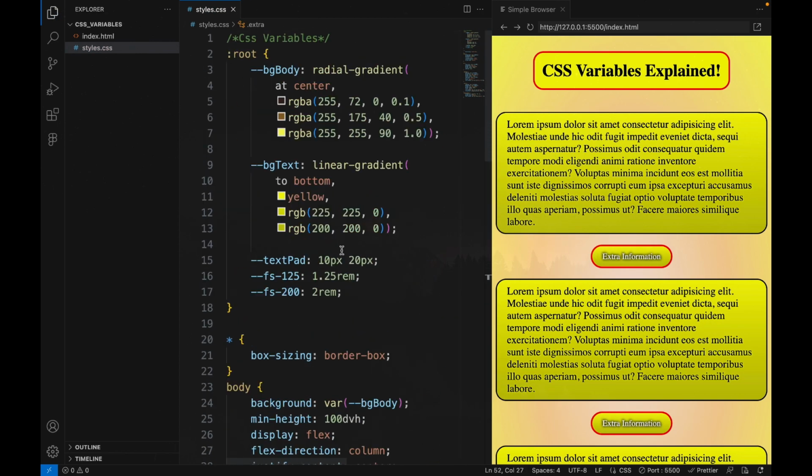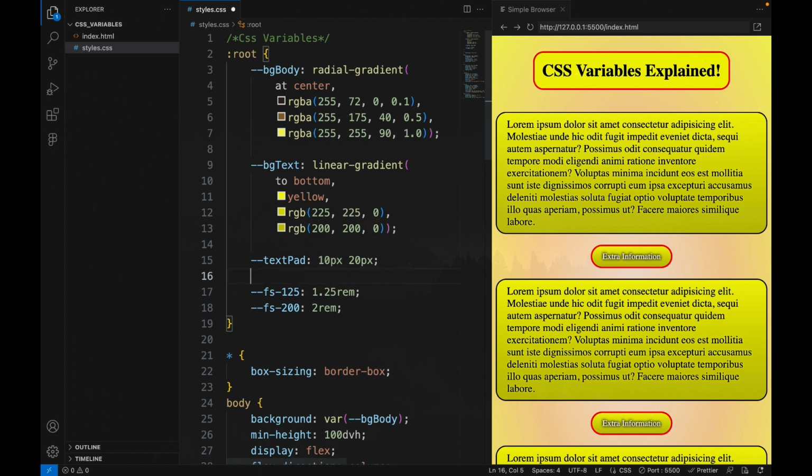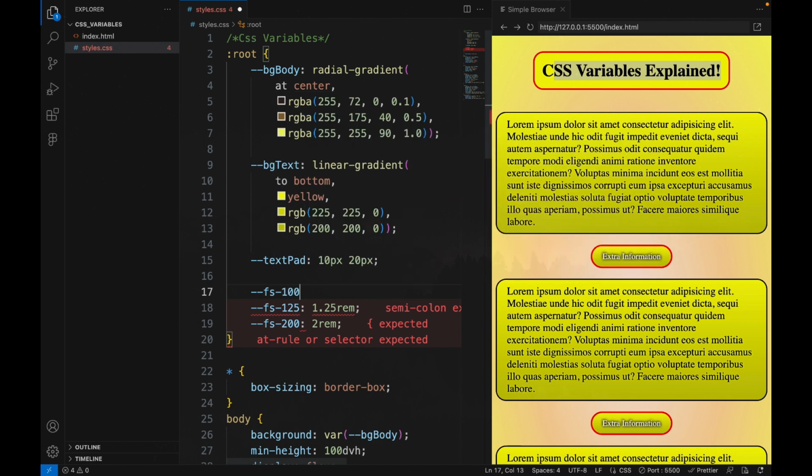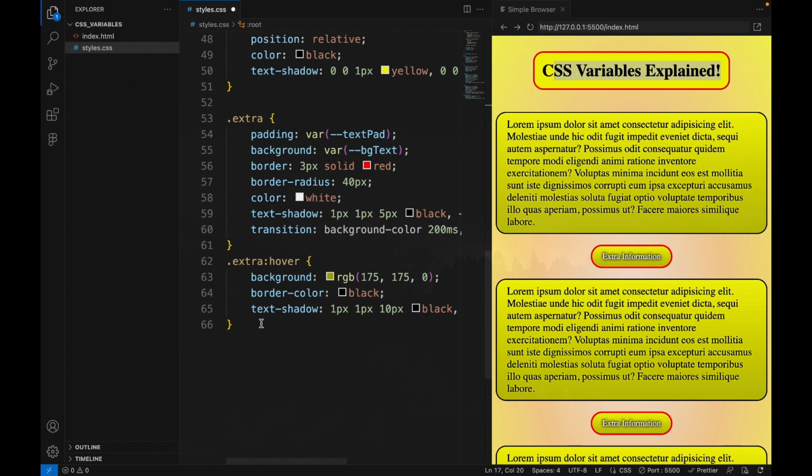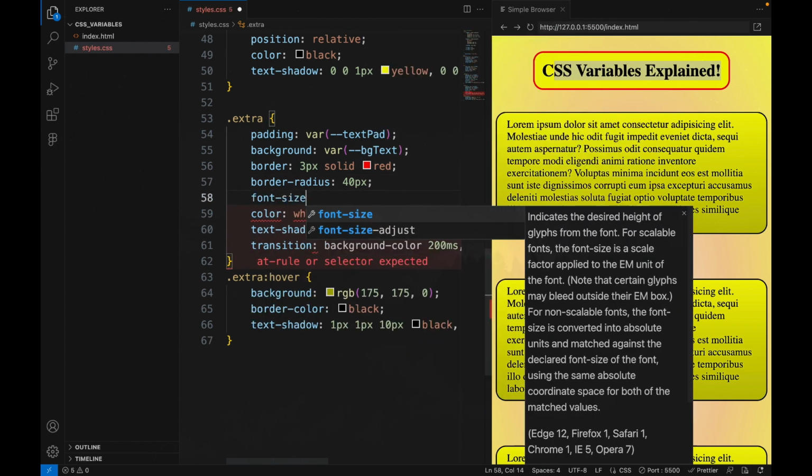Back. So I've created 3 more variables. I created a variable for the text padding because we can change the padding as we shrink in size, and the font size, which we can increase as we increase in size. And for the font, I created 2 font sizes, one for this whole thing and one for the heading as well. And actually I'll create a normal font size as well, which will just be 1 rem, because that's gonna be for the extra. I'll do font size equals var